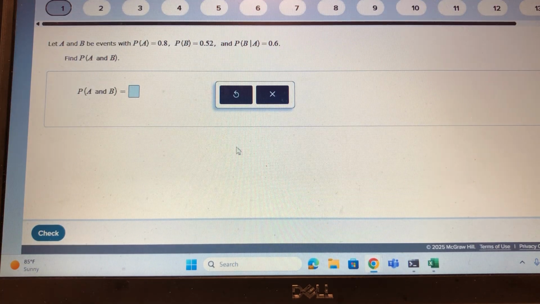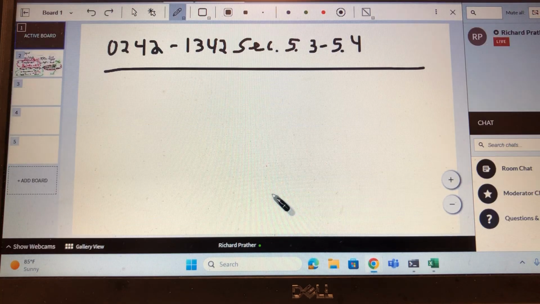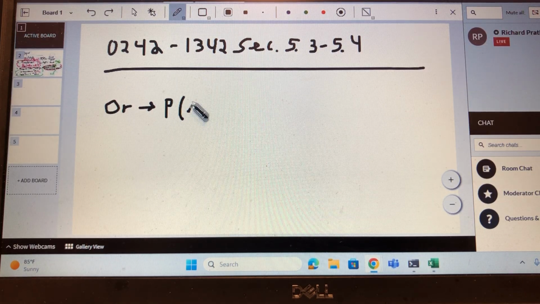Okay, so probability of A and B. See, this is an AND, or what's called an intersection. And it's a very similar concept to whenever you're doing ORs. With ORs, you have to know if what you're dealing with is mutually exclusive or not. Because depending on whether it is or not, you do the